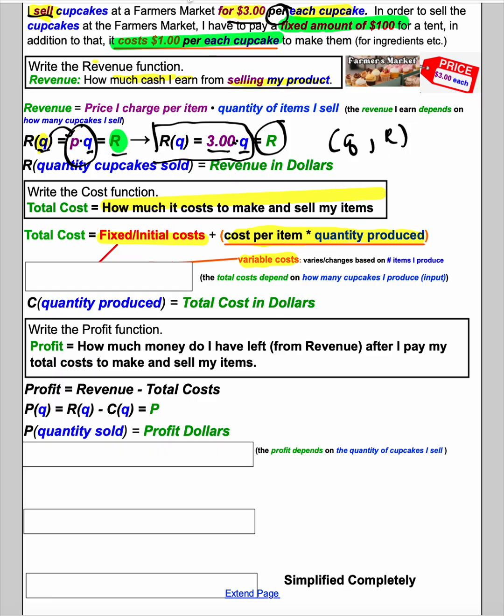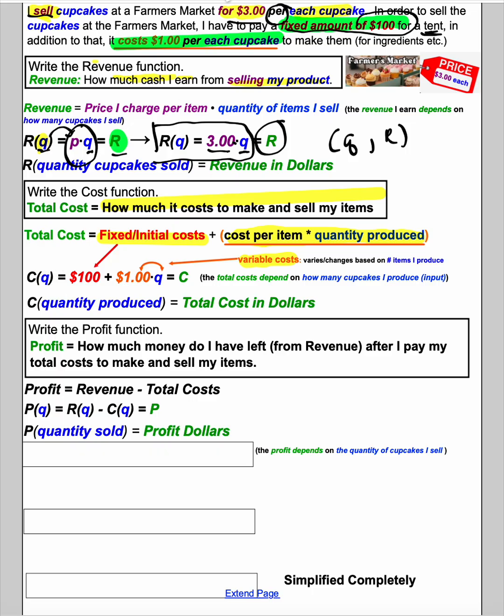All right, so let's take a look at what I have here. I know that up at the top here, it says I have to pay a fixed amount of $100 for a tent at the farmer's market. So it costs me money to be at the farmer's market to sell my items. And then it also costs me money for the ingredients. So if I translate that into my function,